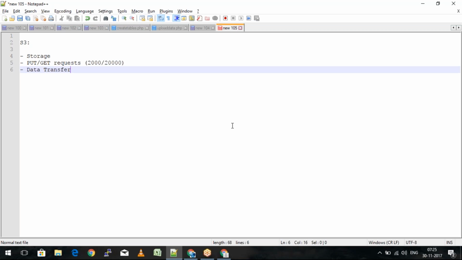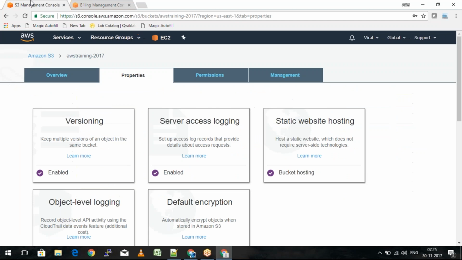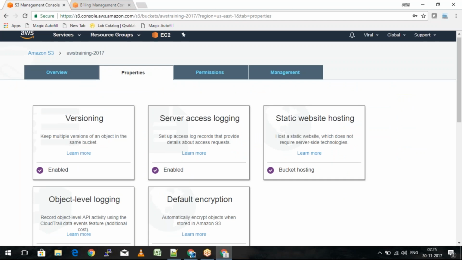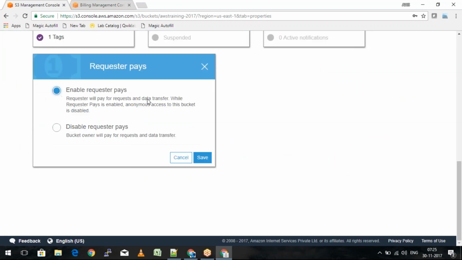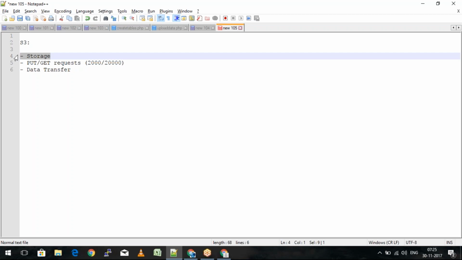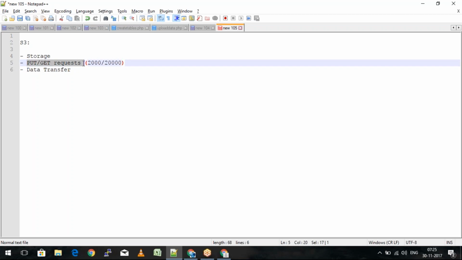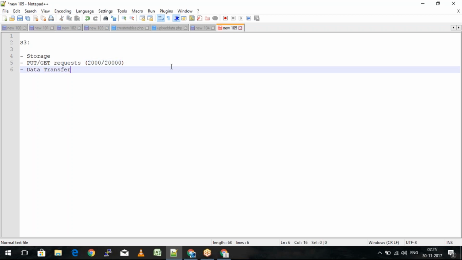Now when we talk about requester pays, so what's going to happen? When I go ahead and enable this requester pays, it says the requester will pay for the request and the data transfer while requester pays is enabled. Anonymous access to this bucket is disabled. So for the storage, whoever is the owner of the bucket is going to pay for the storage cost, but we are trying to retrieve the transfer charges as well as the put request and get request charges from the user itself. So when we are trying to enable this specific portion, requester pays,